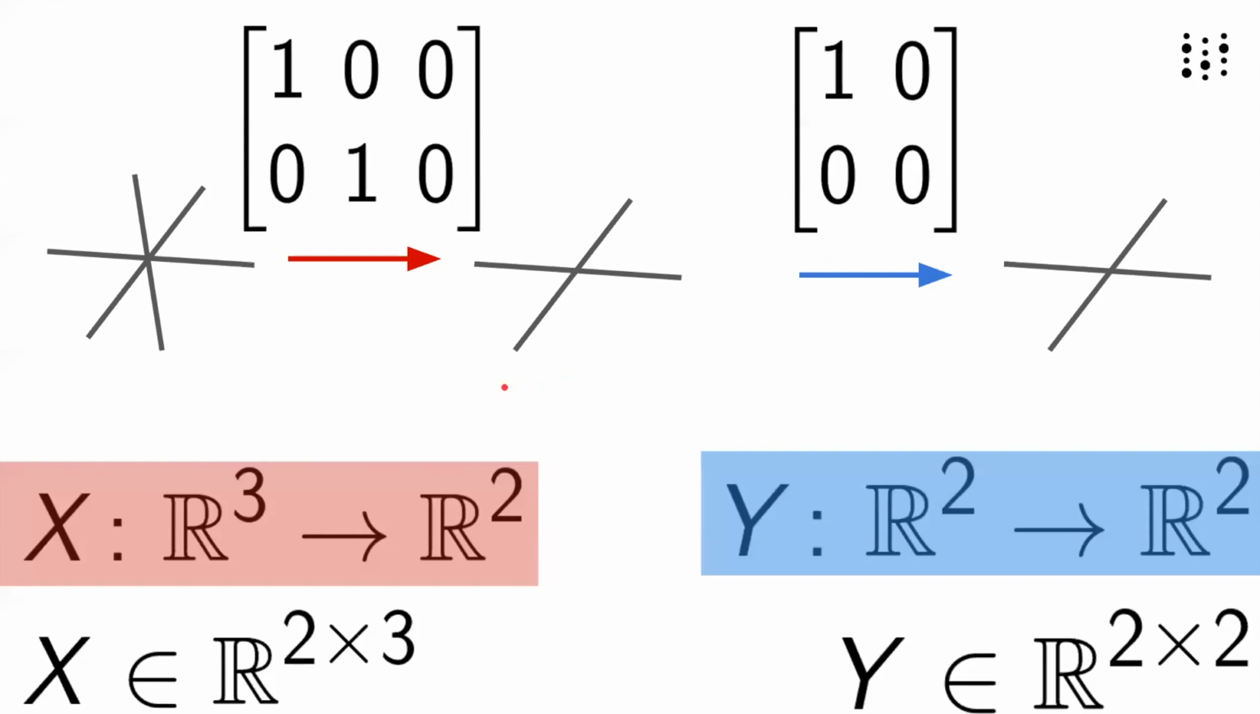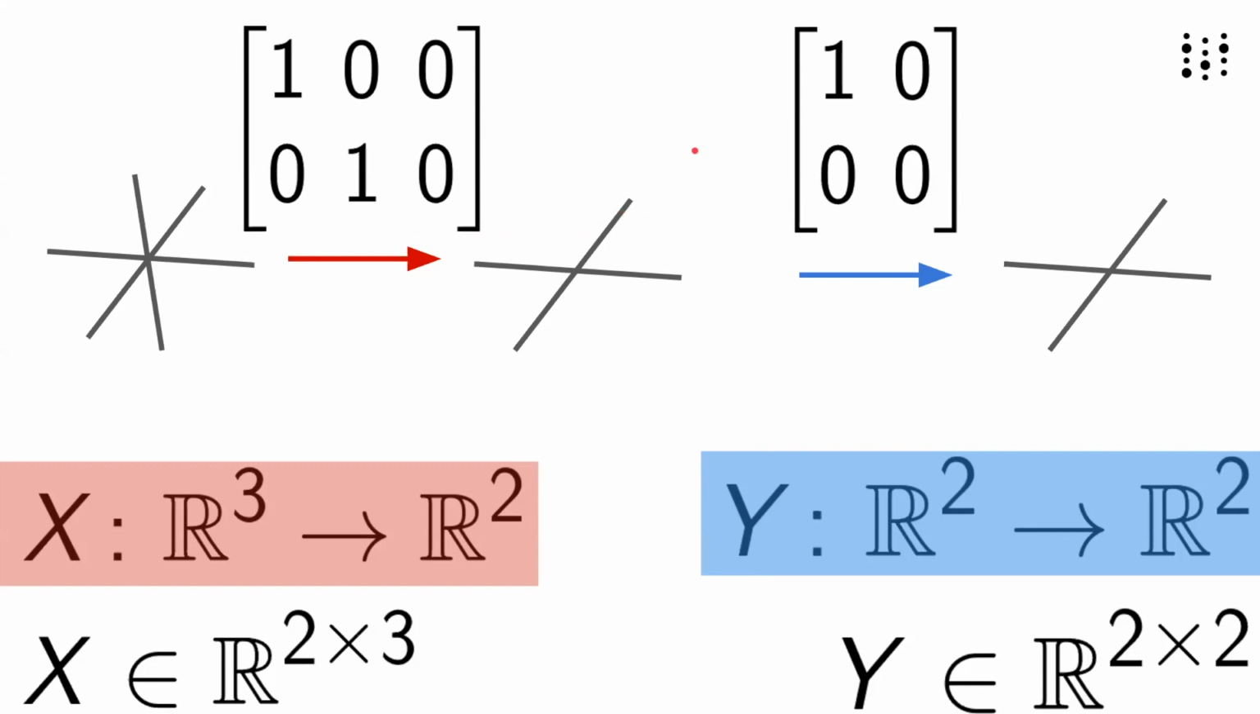And because the outputs of X live in this 2-dimensional world, we can combine the matrix X with the matrix Y to get a single map, because the inputs to Y also live in this 2-dimensional world. So Y has 2 rows and 2 columns. Because it has 2 columns, its inputs live in a 2-dimensional world. And so we can combine it with the